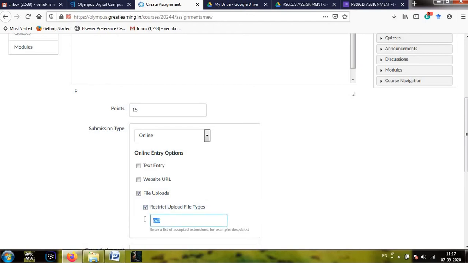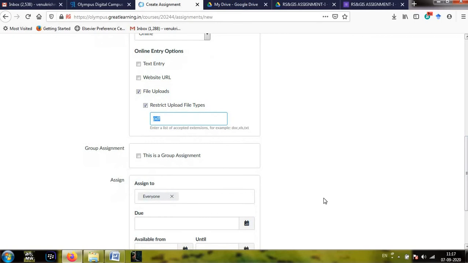Now you need to give that particular type, PDF format. See this, you don't need to activate this because we don't have any groups, we have only a single group.